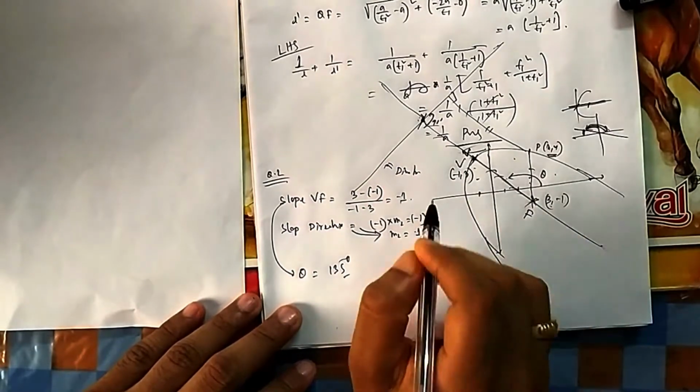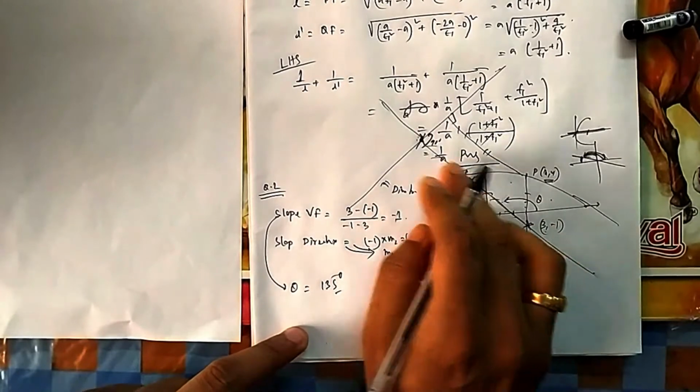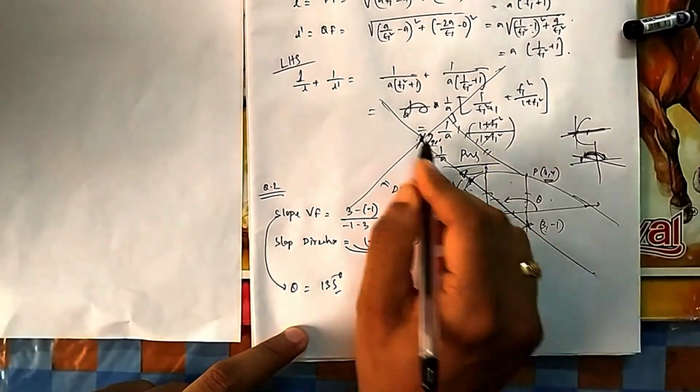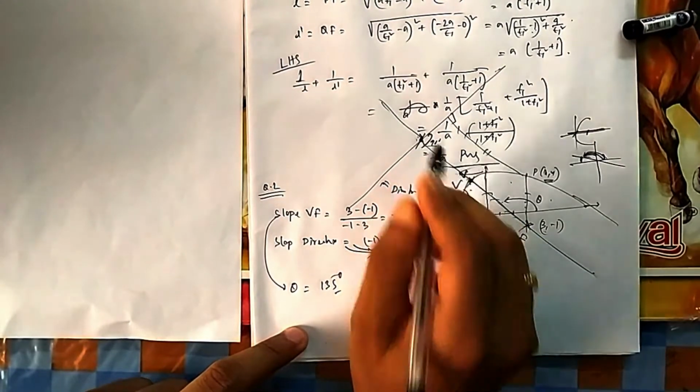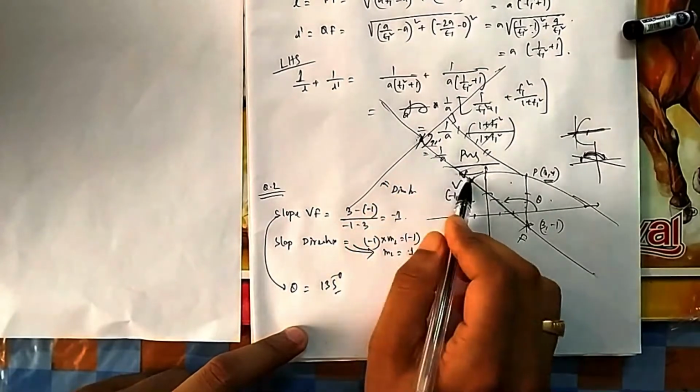So (x minus x1) by cos theta, that was very useful. I told you to find a point on the straight line at some fixed distance from a given point. This point is given, you need to find a point which is 2 units from this or 10 units from this. So you apply this one. So how many units is this one? This length and this length are equal.